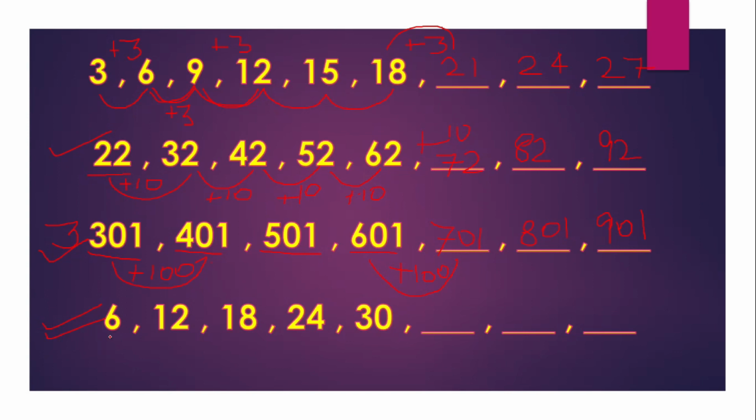Here again you can find a table of 6, or if we add plus 6 to the previous number, we'll get the next number. So 6 plus 6 gives me 12, or 6 2s are 12, then 6 3s are 18, 6 4s are 24, 6 5s are 30, and so similarly what will I get next if I add 6? 30 plus 6 gives me 36, or 6 6s are 36. Then we have 42 and 48. So this was all about number patterns.